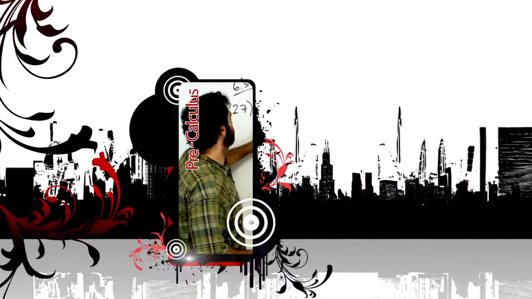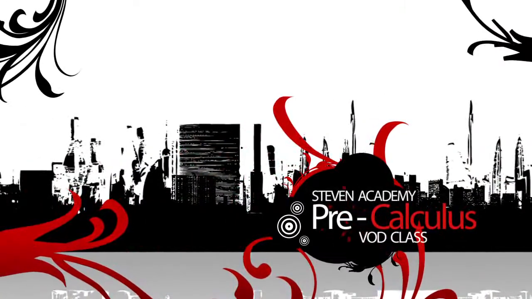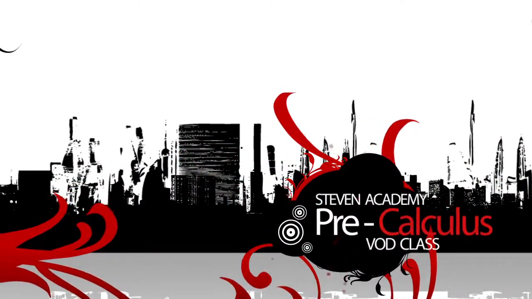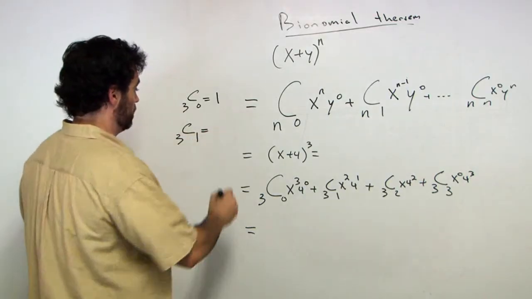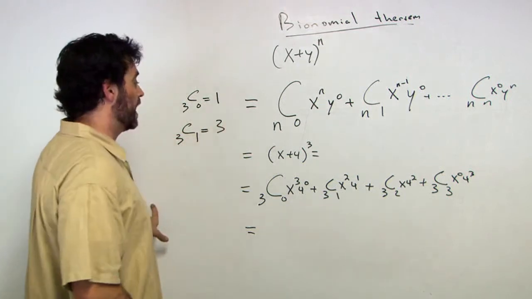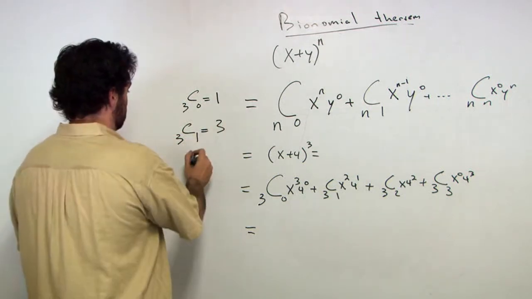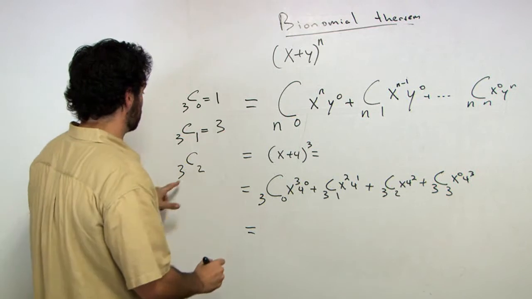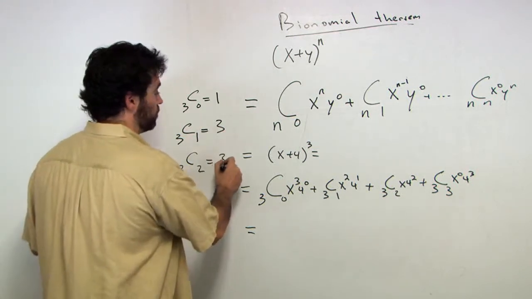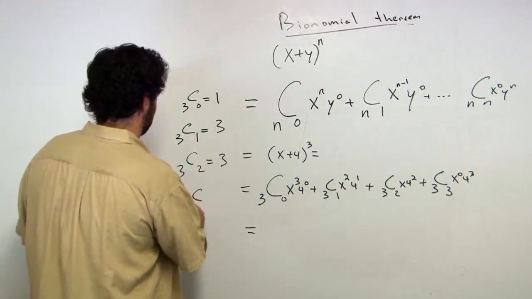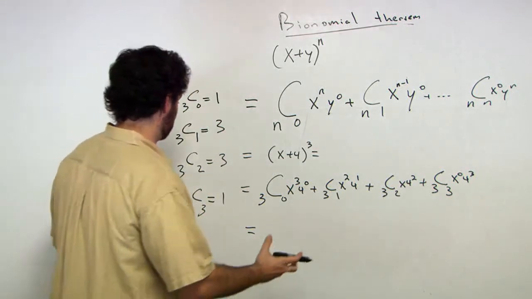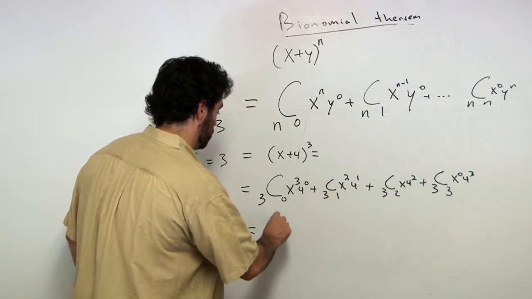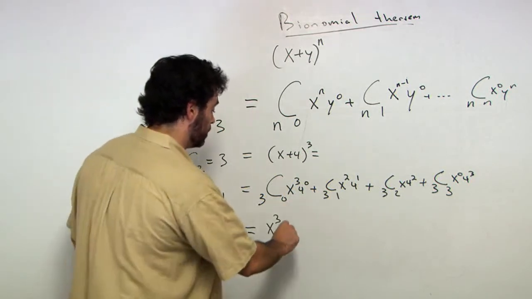Vector for 3, 0. And let's plug in our input. 3, 1 is 3, and that's the same thing as 6C3 to the 2, which is 3, and then finally C33 is 1. So there's our coefficients, and we'll say that this is x cubed, 4 to the 0 is 1,